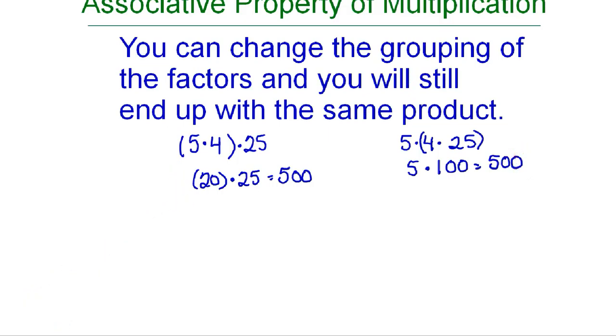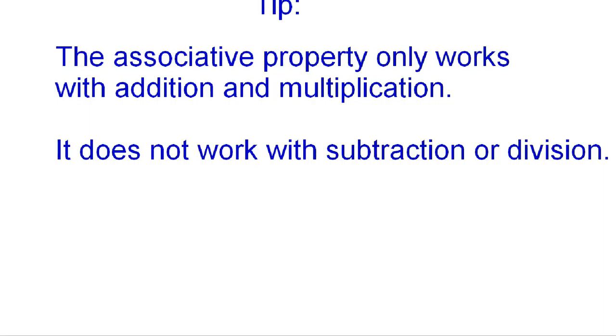Now, what you need to remember, and this is the same as the commutative property if you watch that video on algebraclass.com, the associative property only works with addition and multiplication. It doesn't work with subtraction or division. So just to prove it to you, let's do one problem together, and we're going to do (13 - 1) - 6. And I'm going to do the same problem, but I'm going to group my numbers differently using the